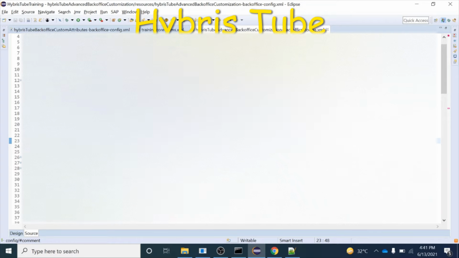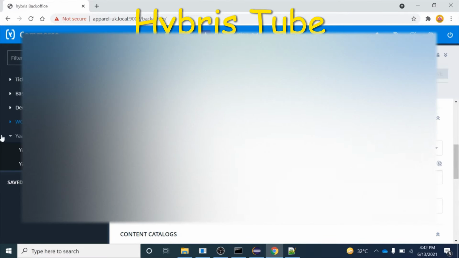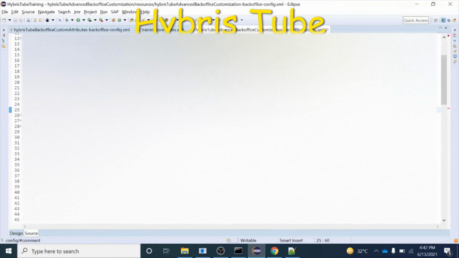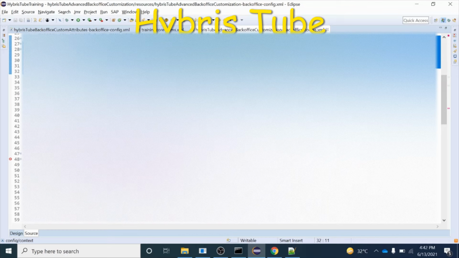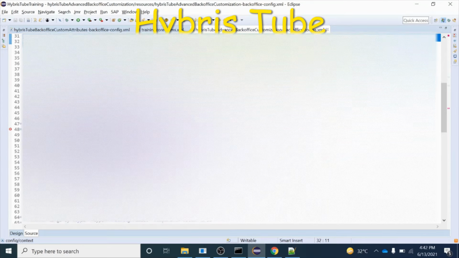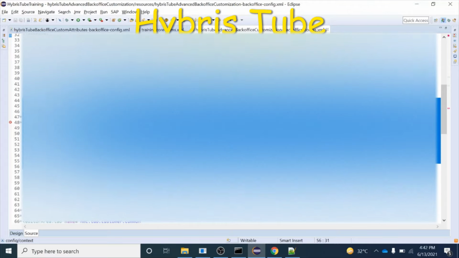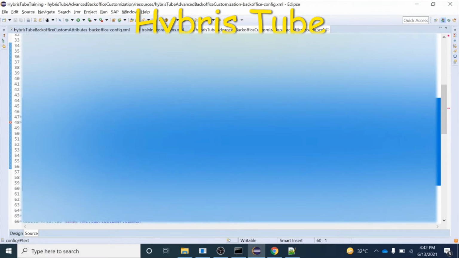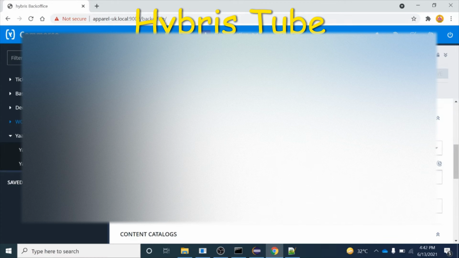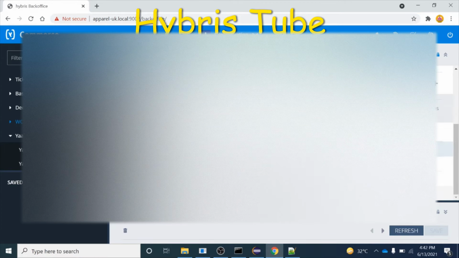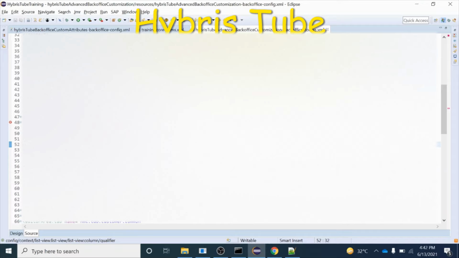What we have done over here, guys, is firstly create a tree node, and the name of the tree node should be training product. It means there should be one tree node with the name training_product, and for that we have written this code. After that, we have written the attributes which need to be there in our list view, meaning this view. If I can show you the list view, this means what all columns should be there, that we have specified over here.